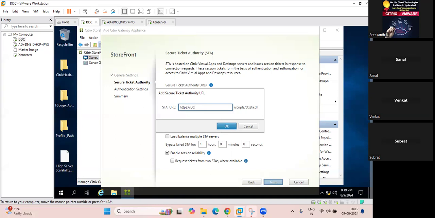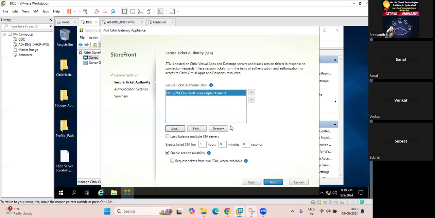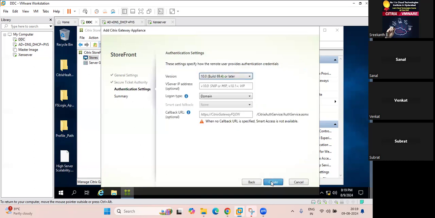And the DC, even if it is not a DC. DC means not Active Directory, right? Not Active Directory. Then add the DC itself. By default, we need not do anything; STA will come by default with the controller. The callback URL is also optional. In real time we are going to add multiple